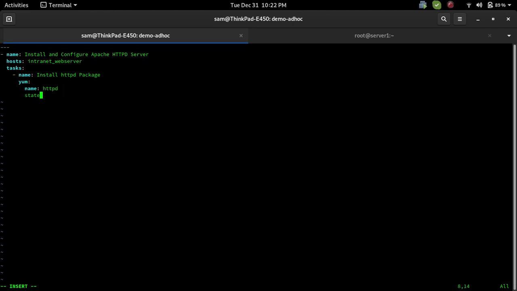and state. What state do you want? Present or latest. Latest will always install the latest version of the package, and present is also the latest one which is available in your repository. But if you want, you can also specify a specific version of the package. I will let you know later on how you can specify it. So this one task has been done. Okay, now let me press one empty line,